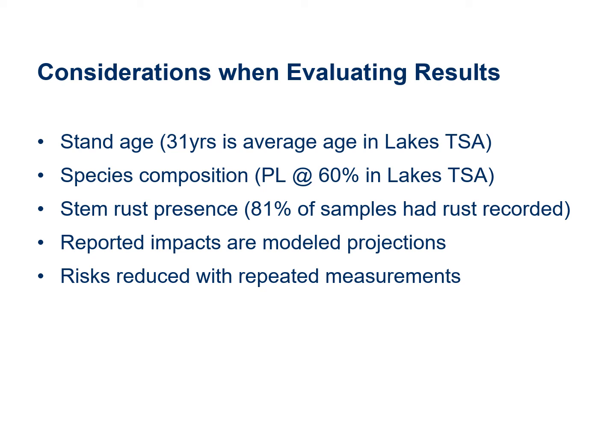Future impacts are dependent on model projections. To help minimize these risks and provide the growth model with as much measured information as possible, additional tree details are collected from all ground samples. These include measuring the stem mapped locations of every tree, 100% height tree measurements, and detailed stem rust severity measurements. Over time, modeling risks will be reduced as YSM samples continue to be remeasured on a regular cycle.